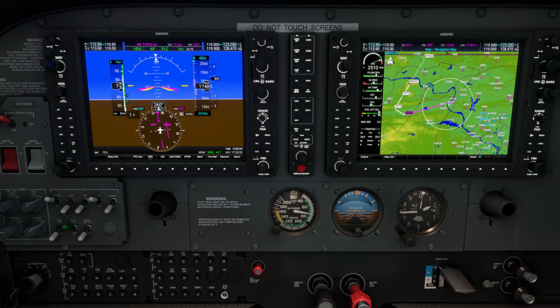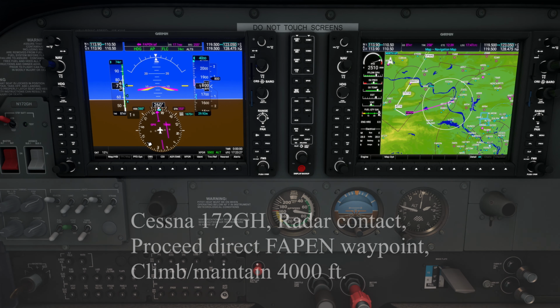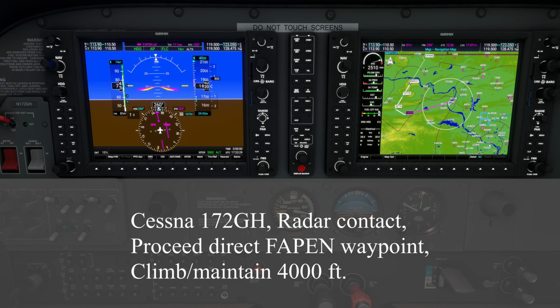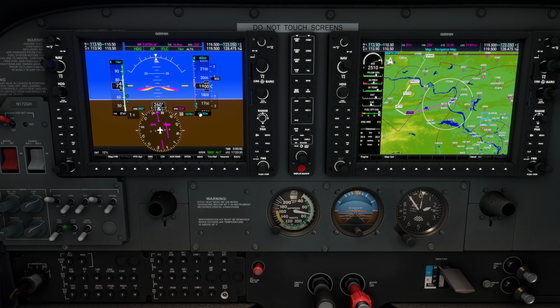So once we're airborne and clear of the traffic pattern, we'll go ahead and call up Little Rock Approach. They call back and they say Cessna 172 Golf Hotel, radar contact. Proceed direct Fapin intersection, climb and maintain 4,000. And so we read that back, and we have 4,000 already set into the altitude pre-select there, so we'll climb in the